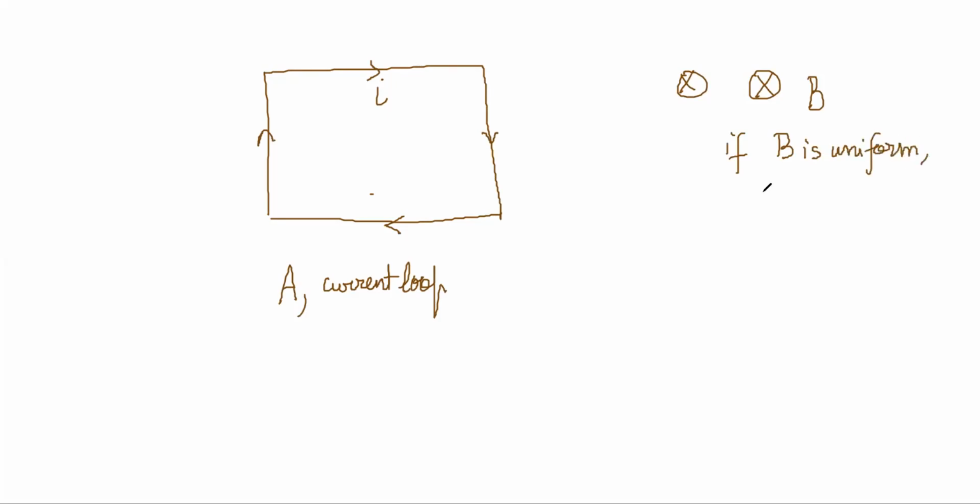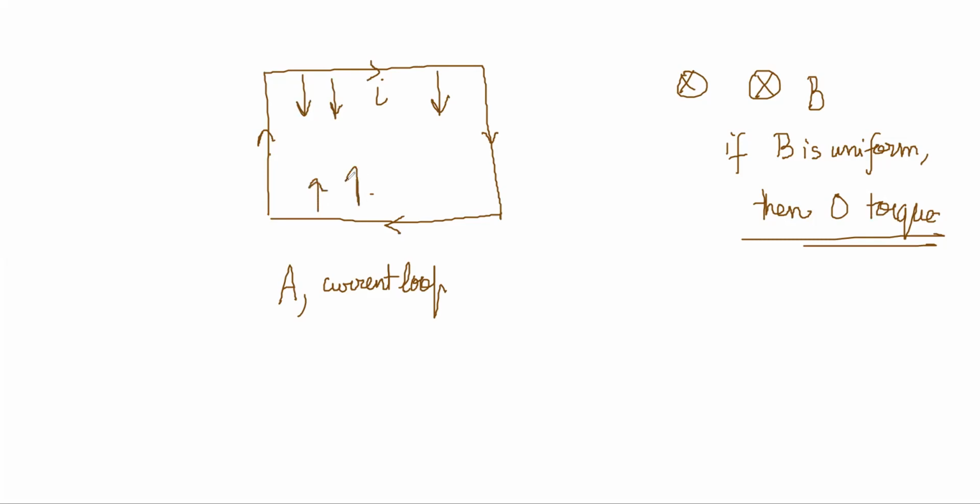And I have some ambient magnetic field in this region. What is the torque on this loop? If this carries a current I and has area A, what is the torque on this? Now, obviously, if it is a current loop and the field is uniform, if B is uniform, then there is zero torque. The reason zero torque happens here is because the forces are canceling each other perfectly.